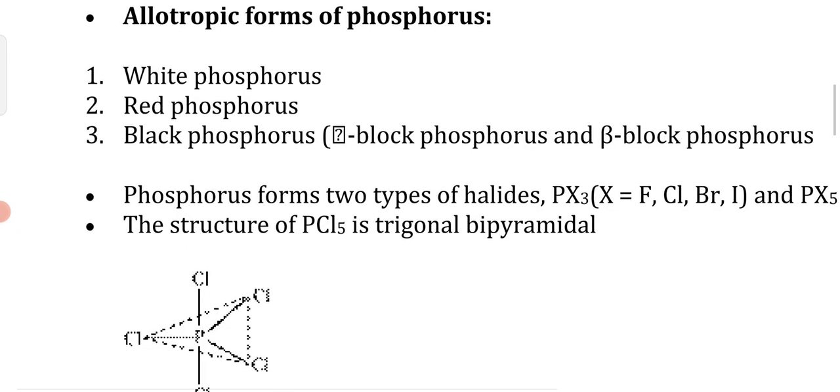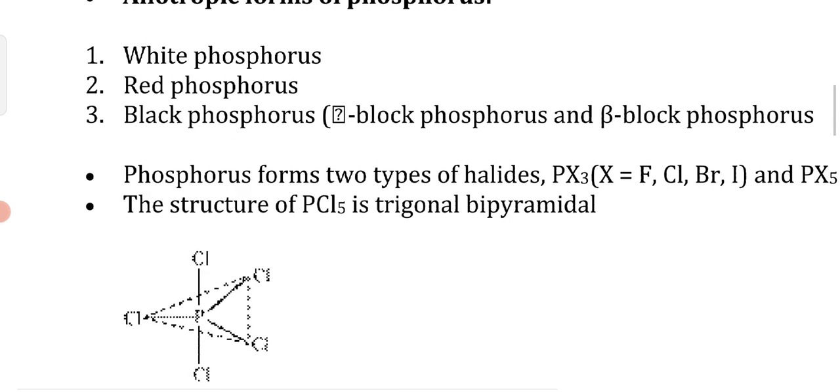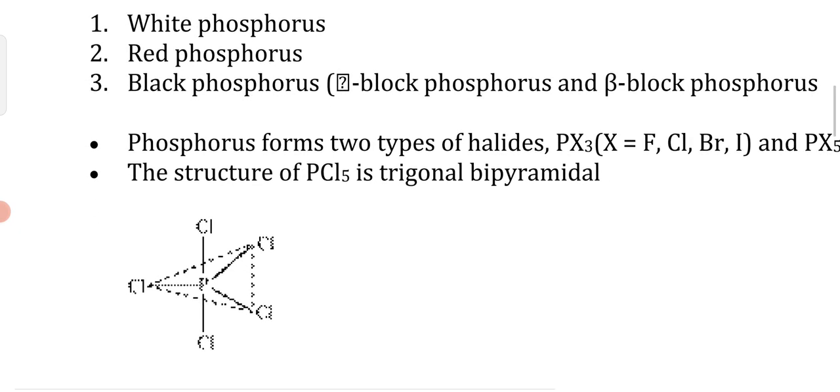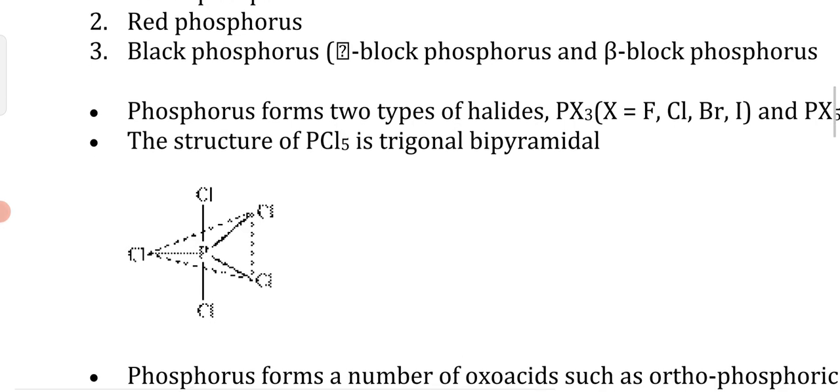In both PCl3 and PCl5, the hybridization is sp3d. In PCl5 all the Cl are present as bond pairs, while in PCl3 two lone pairs are present. No, 5 plus 3, the pyramidal structure will come. In the case of PCl5, a trigonal bipyramidal structure will come due to the presence of 5 bond pairs.